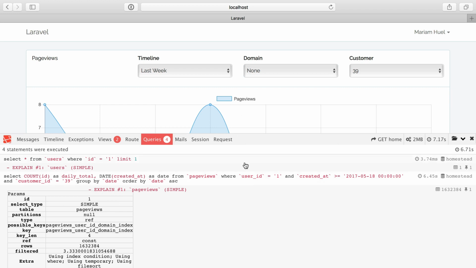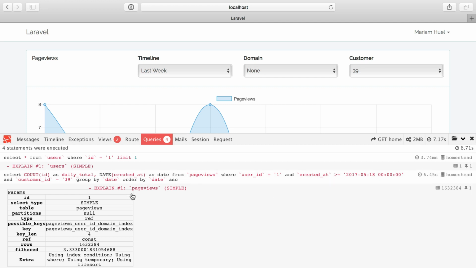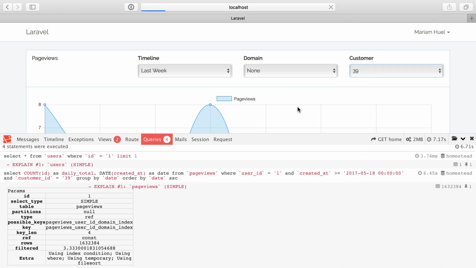If we don't have the domain there, then it's not going to use that index, or even if it does use that index, it's not going to save us a lot of time because it still has to do a complicated calculation. So in this case, we have the user ID and the customer, and that didn't save us any time. It's still a lot of time. It's still a huge query in terms of how long it takes to return from the database because of all